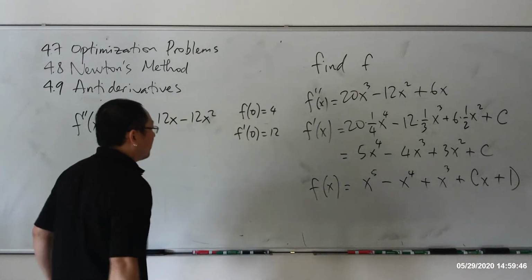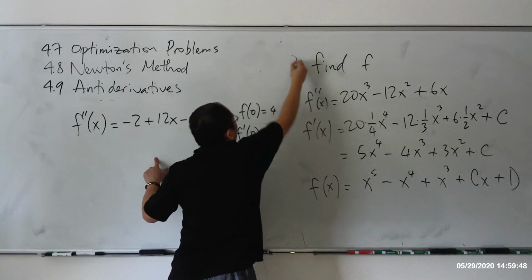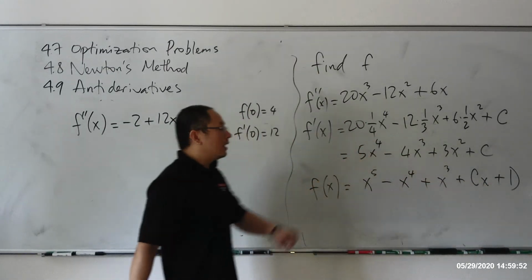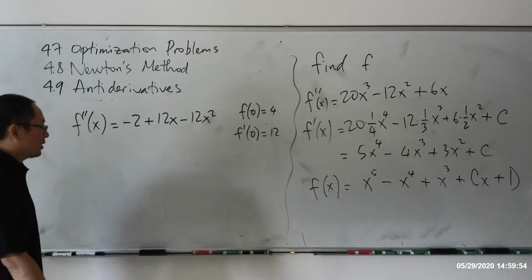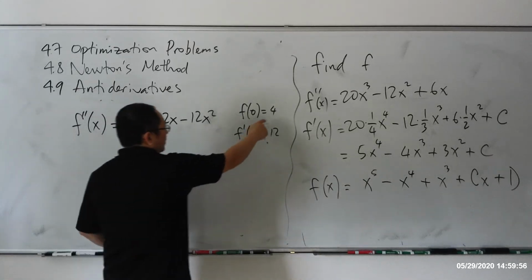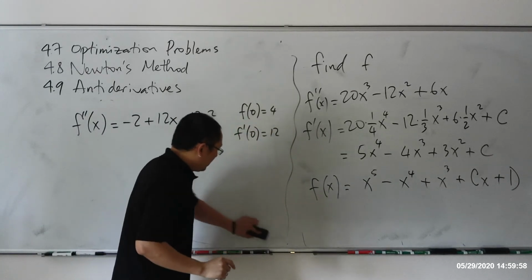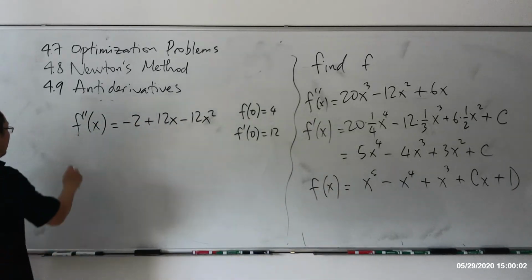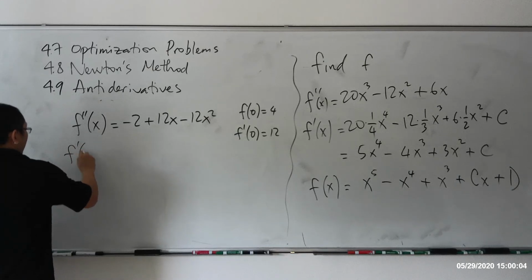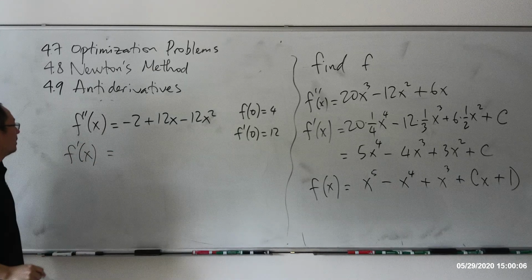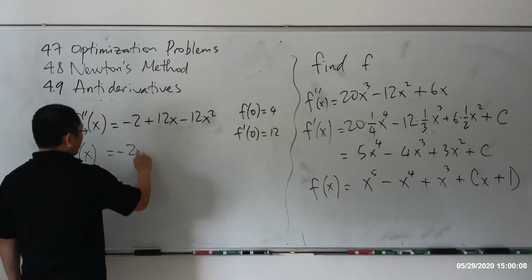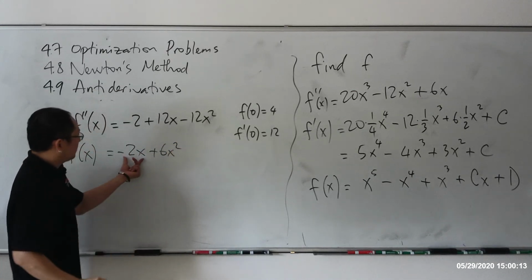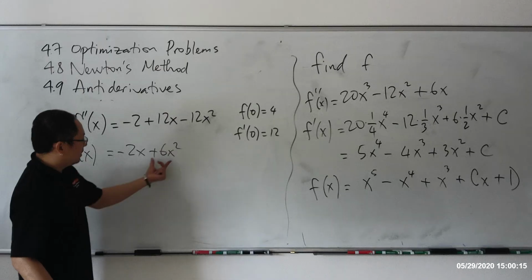Okay, so the difference between this one and the previous one is what? We don't just leave c and d as constants. We have to actually calculate c and d. And in order to calculate c and d, we have some initial conditions right there. So let's start. If this is f double prime, then f prime of x will be negative 2x plus 6x squared. You see why? The derivative of negative 2x is negative 2. The derivative of 6x